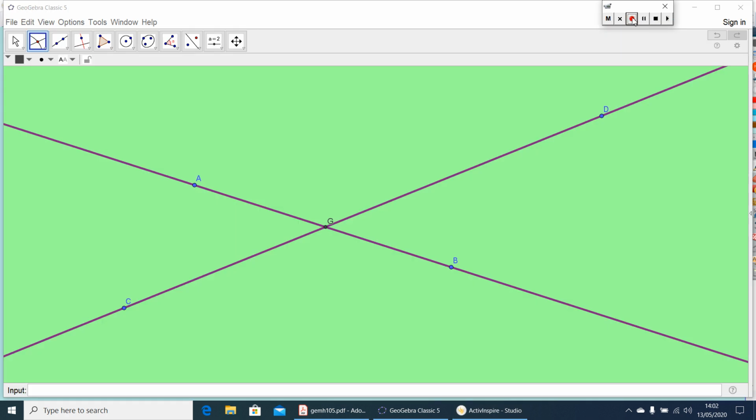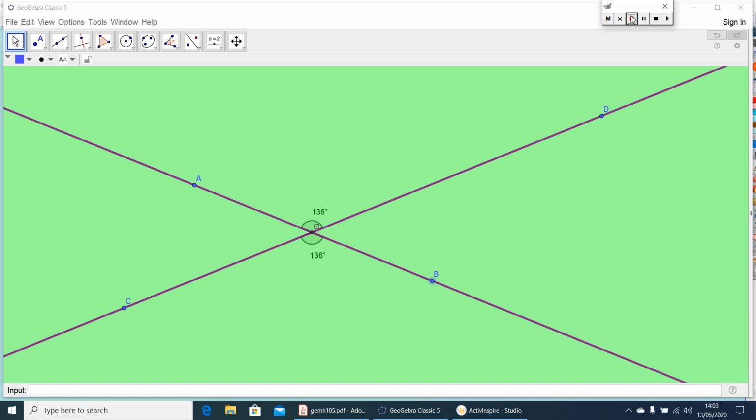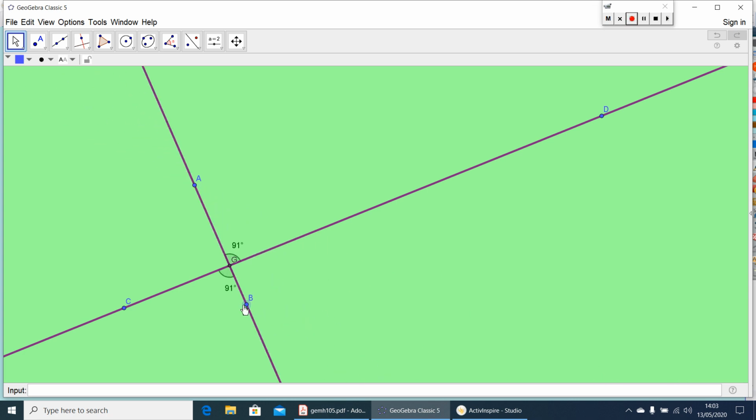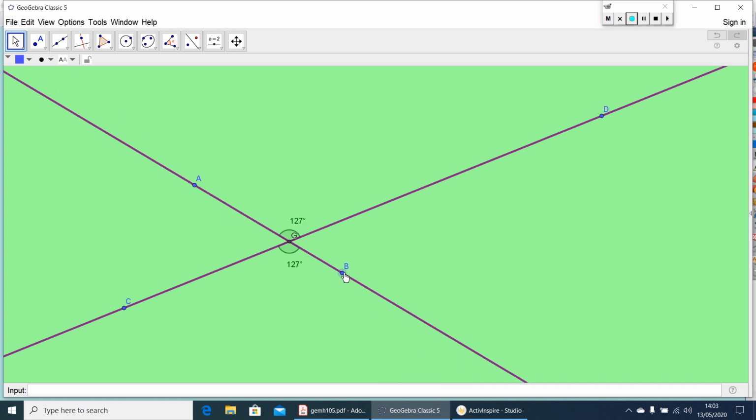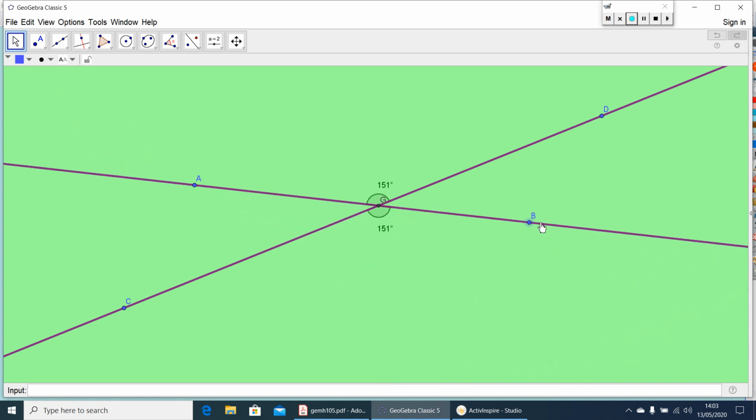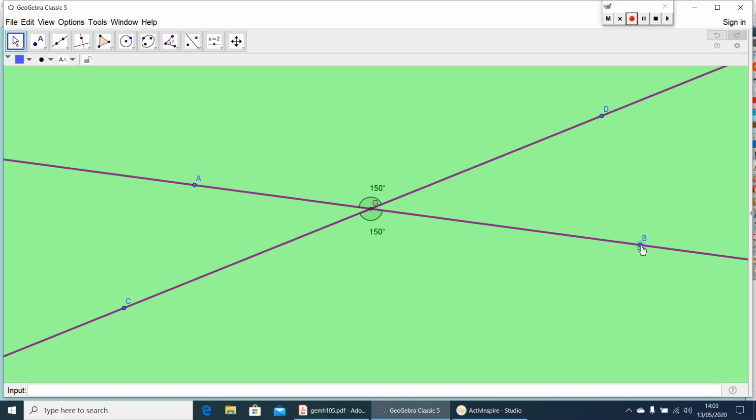Now go back to vertically opposite angles. Let me measure the measure of vertically opposite angles. Here you can see angle DGA is equal to 136 and angle BGC also 136. Now if you change the angle, in all the cases you can see vertically opposite angles are equal. So you can note down,